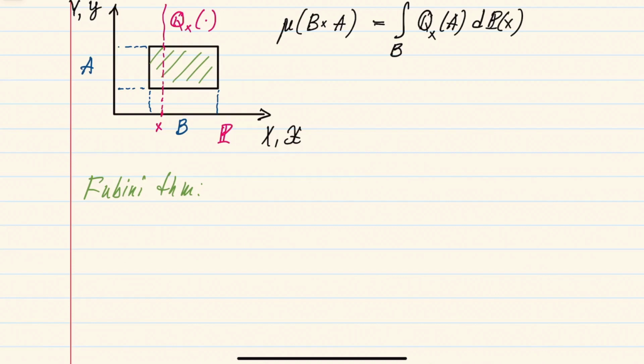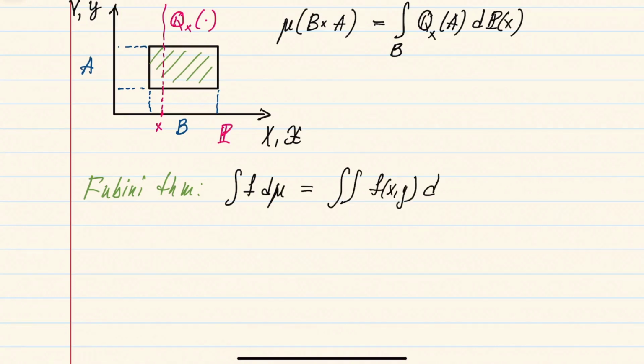Once you define this measure mu, when you integrate a measurable function f on the product space with respect to this measure mu, you can first integrate with respect to the second coordinate y, with respect to this measure q, which now depends on x. And our assumption on the transition kernel is that this function is measurable with respect to x, so you can also show that the result of this first integral will be measurable in x, so you can integrate with respect to measure p on the first coordinate after that.